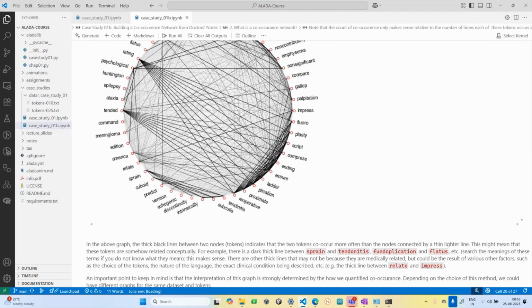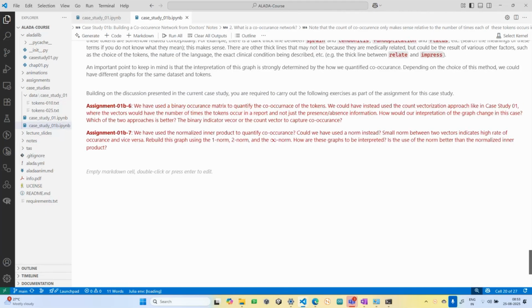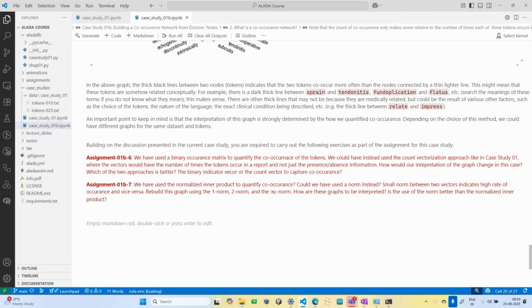This is essentially how you would build, in a field that you know nothing about, a way to at least say something about what things are related and what are not. And one way to do that is what we've shown so far. And in this process, and also in the process of